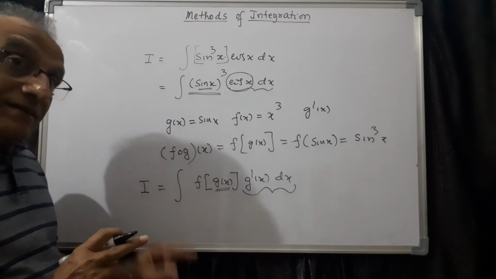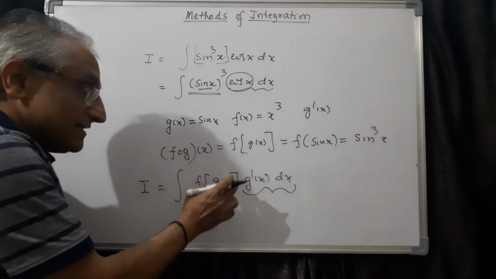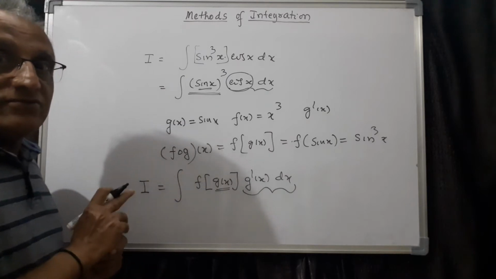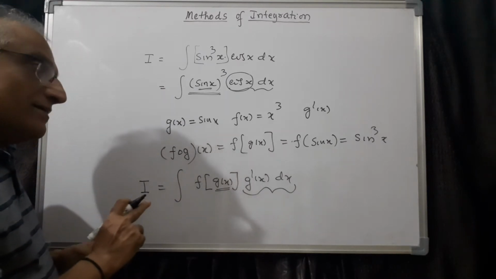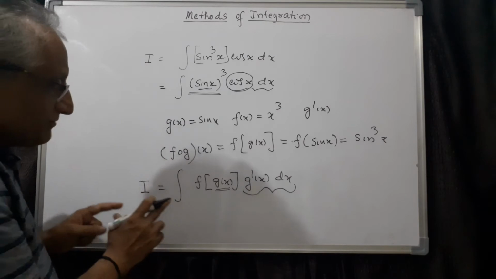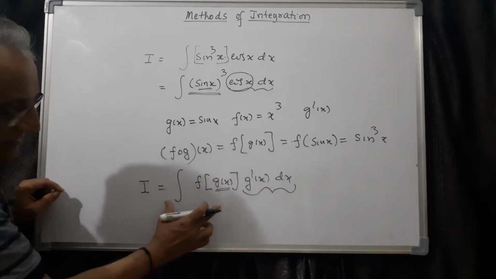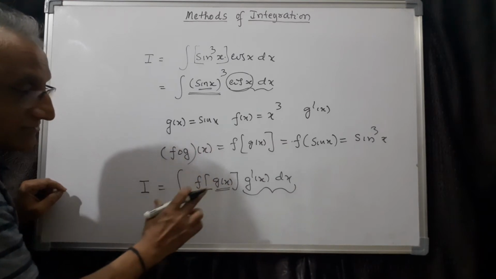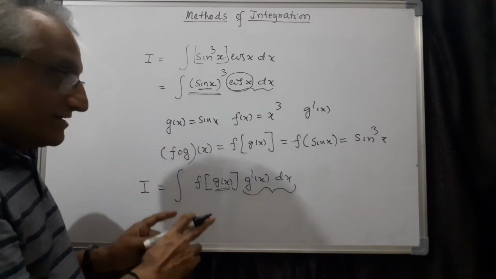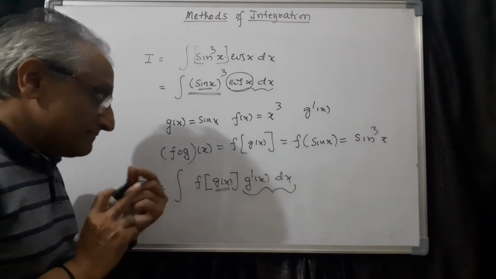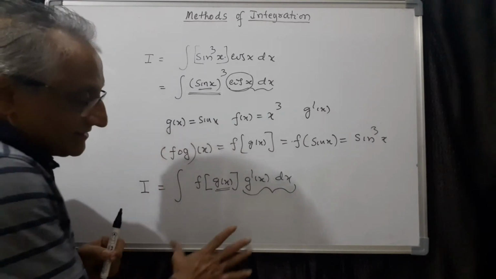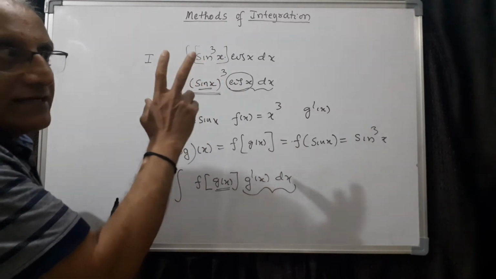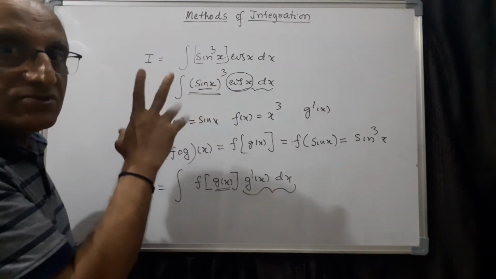Of course, there are some exceptions where the given integrand need not be a composite function. For example, tan x, we have to use the substitution method only. Tan x is not a composite function, but in general, whenever the given function is of this form, you can integrate by substitution. That is why it is called substitution method, because we are substituting for the function. And very important is this, you should identify. The moment a question is given, first you must identify whether this can be done by the substitution method.